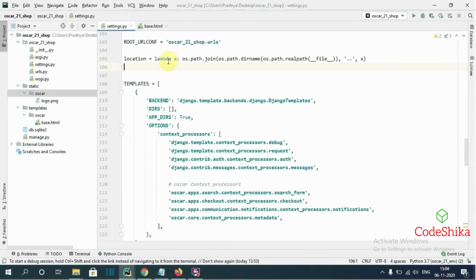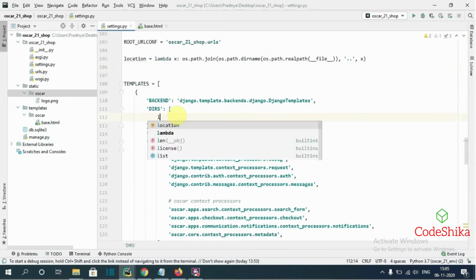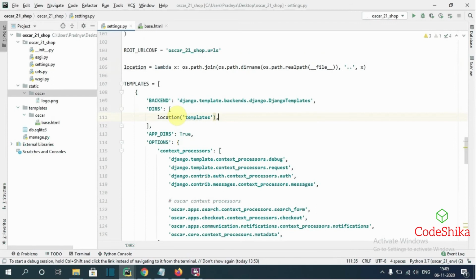This is the function that determines the full path for the directories. So in the templates directories here I want to call the function location with the argument templates. So this is the main thing we have to do for customizing templates in Django Oscar 2.1.